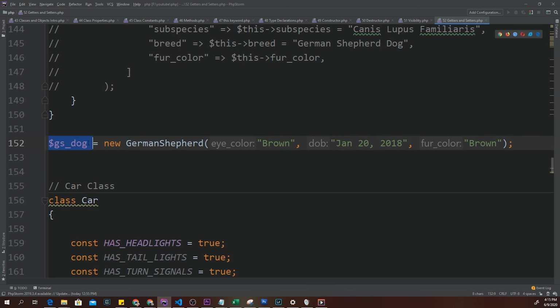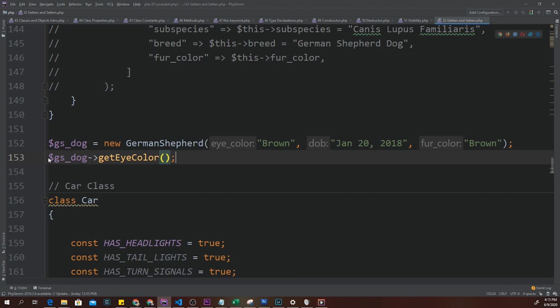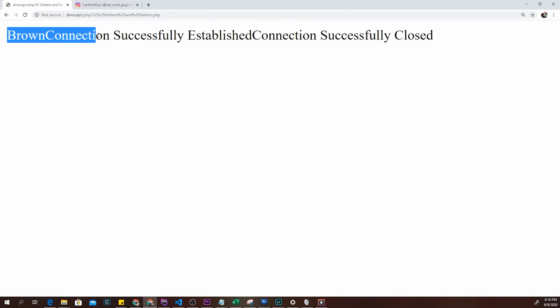So I did that right here. GSDog is equal to new German Shepherd, and we can actually call one of our getters. So get date of birth, get eye color, get fur color. And since it's returning a string, what we could say is echo get eye color. If we open this up in the browser, there it is, brown,